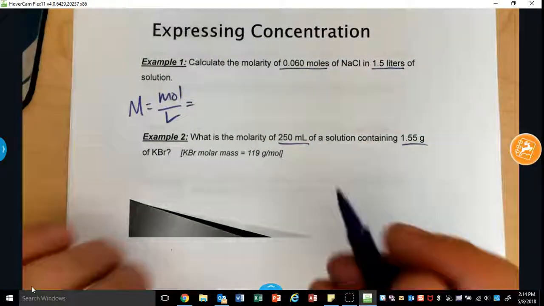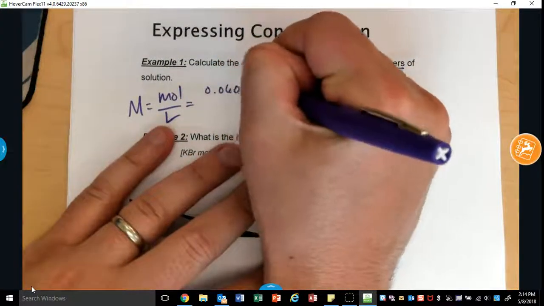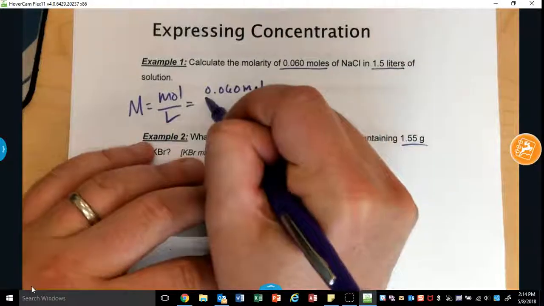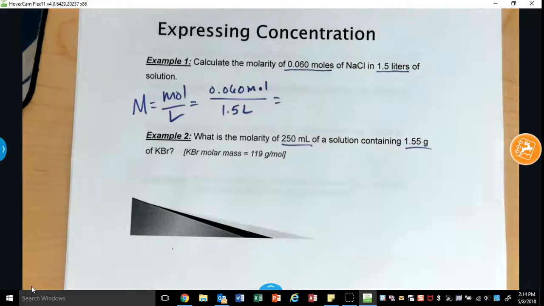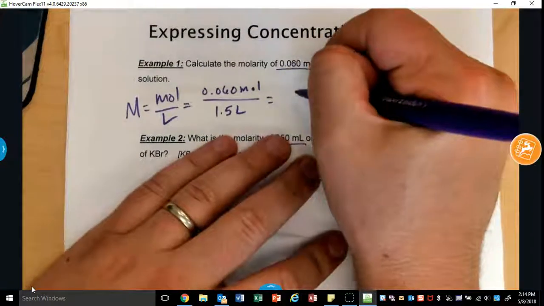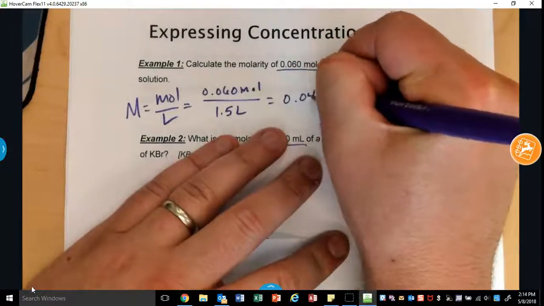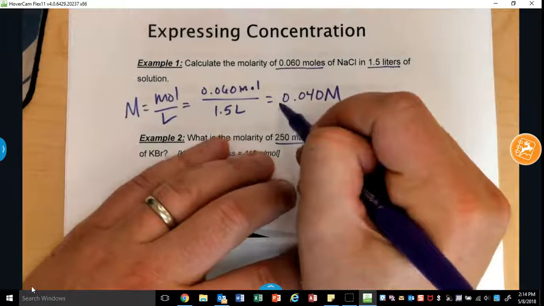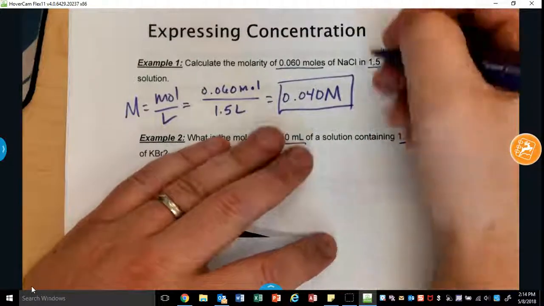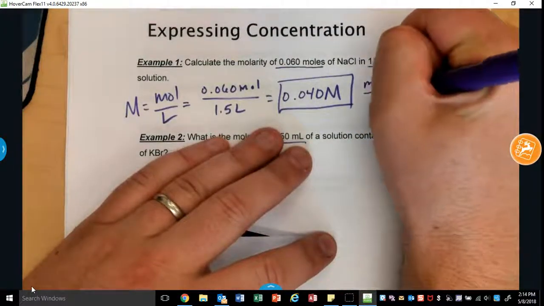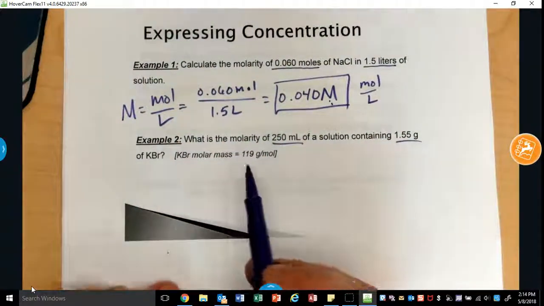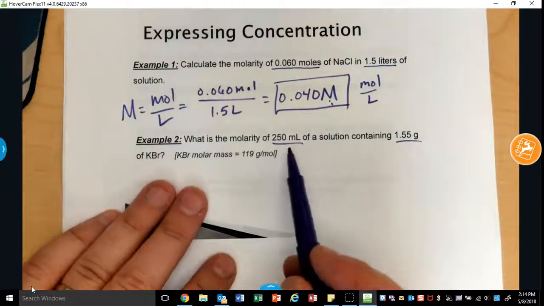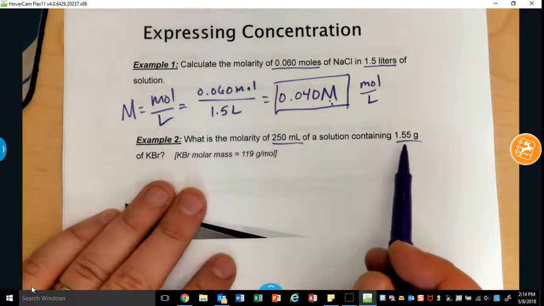All right, so this first problem tells us we have 0.060 moles of NaCl in 1.5 liters of solution. When I put that into my calculator, I get that my concentration is 0.040 molar. I can just use that capital M. You'd be just as correct if you use the unit moles per liter, but you're going to see this one a lot more. All right, the next example says, what is the molarity of 250 milliliters of a solution containing